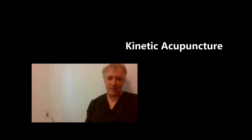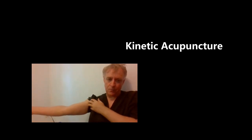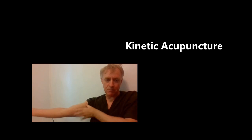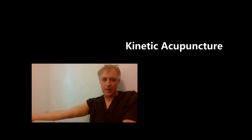Isometric stretching. What is isometric stretching? Well, right now I'm stretching my biceps muscle. This biceps muscle is stretched. My arm is extended and it's stretched. Now, isometric